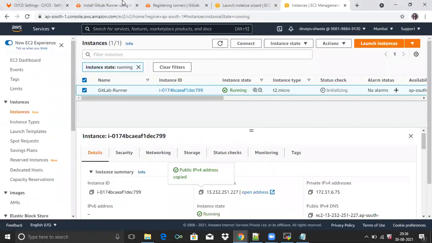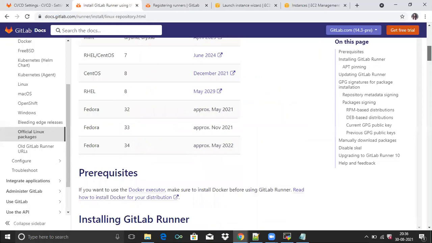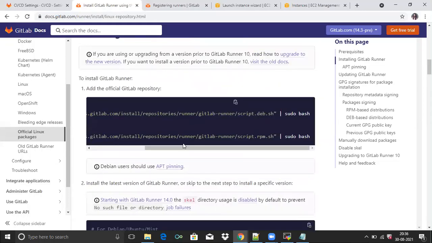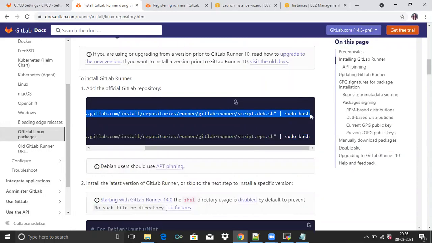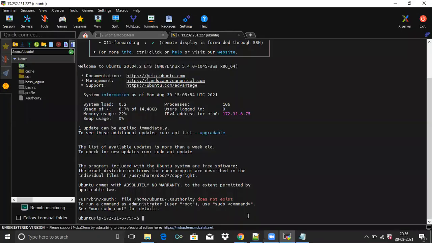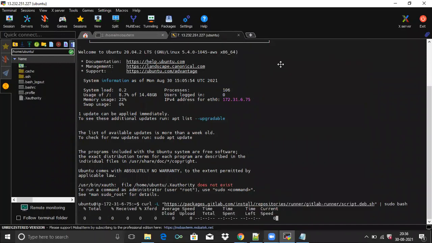Here you can see the documentation of GitLab Runner for Linux. Firstly run this command. Copy this command to add the official GitLab repository and paste here. Press enter.